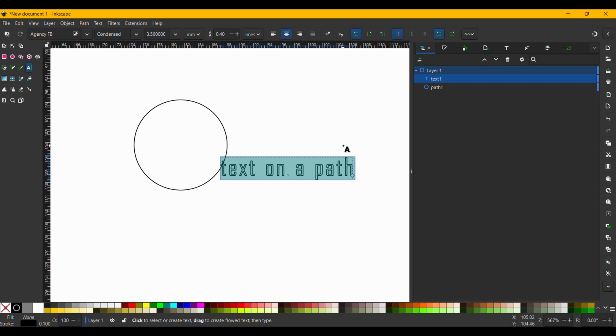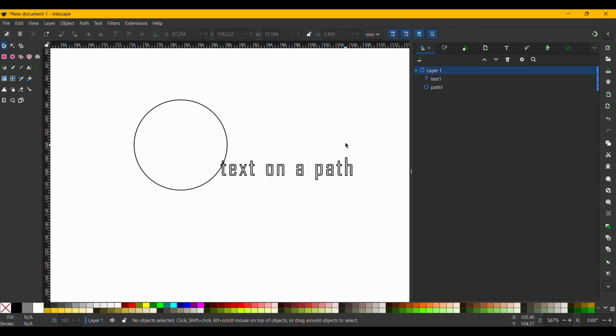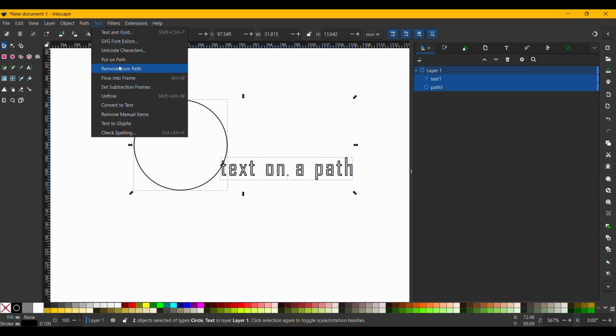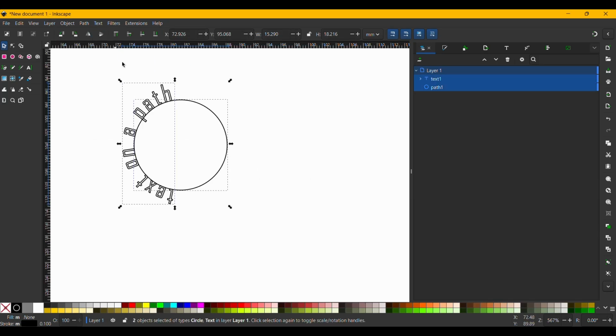Now switch back to the Select tool. Click and drag to select both the text and the circle. Then go up to the top menu, click on Text, and choose Put on Path. You'll notice the text snaps onto the circle, usually positioned along the left side. Don't worry, that's normal. To move the text directly to the top center of the circle without manually rotating it by hand,